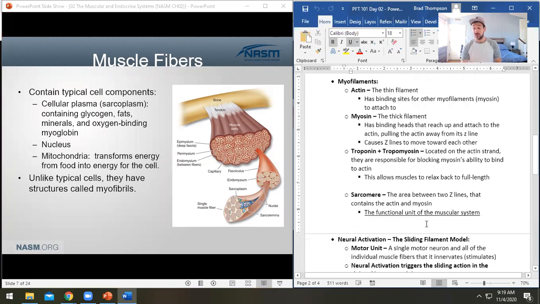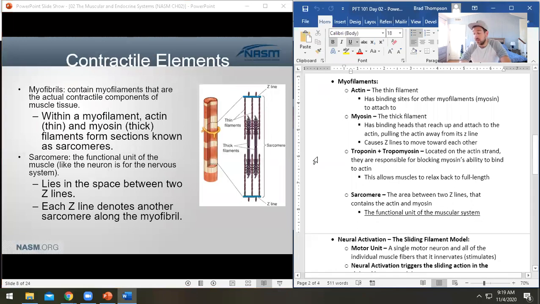So we're really, really zoomed in here, like we're zooming in like crazy. So looking at those contractile elements, right? If we're looking at it, right, we've got our